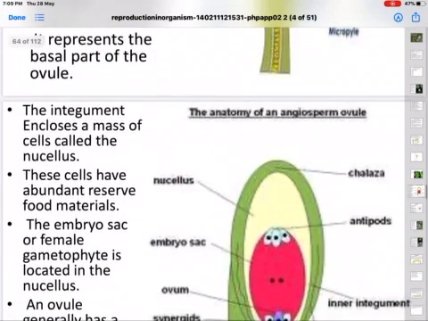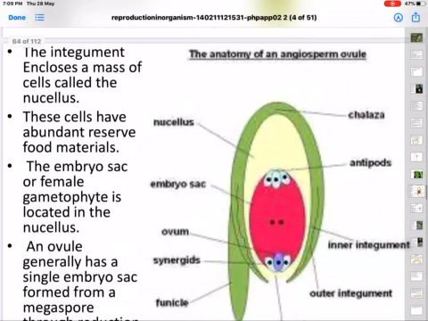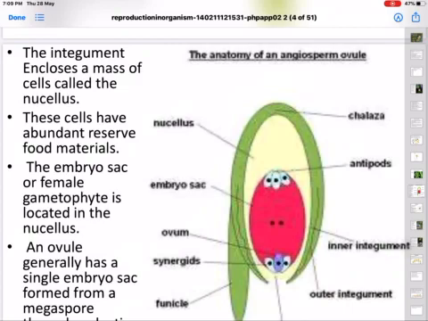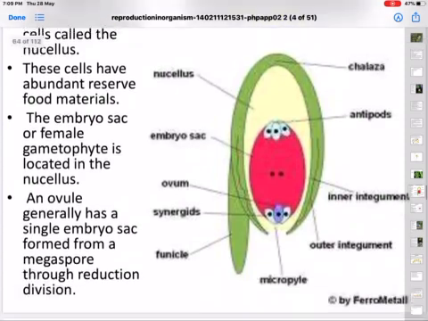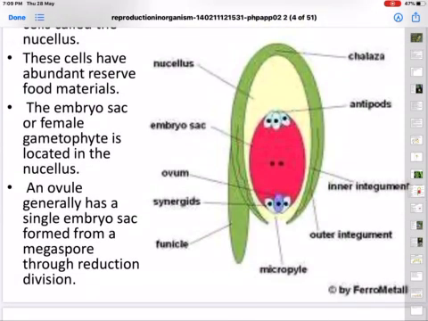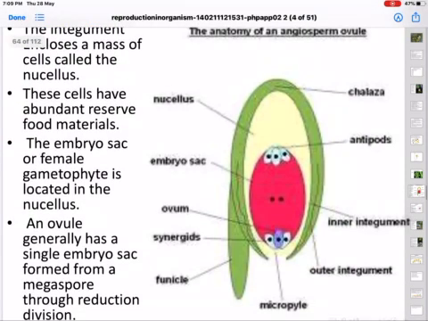Okay, and the anatomy. When you see the anatomy of the angiosperm ovule, the integument encloses a mass of cells called nucellus. Nucellus is very important as it serves as a nutritive layer. These cells have abundant reserve materials. The embryo sac of the female gametophyte is located in the nucellus. An ovule generally has a single embryo sac formed from a megaspore through reduction division. So in this vertical section, you can see chalazal end, micropyle end, nucellus, embryo sac, ovum, synergids, funicle, outer integument,